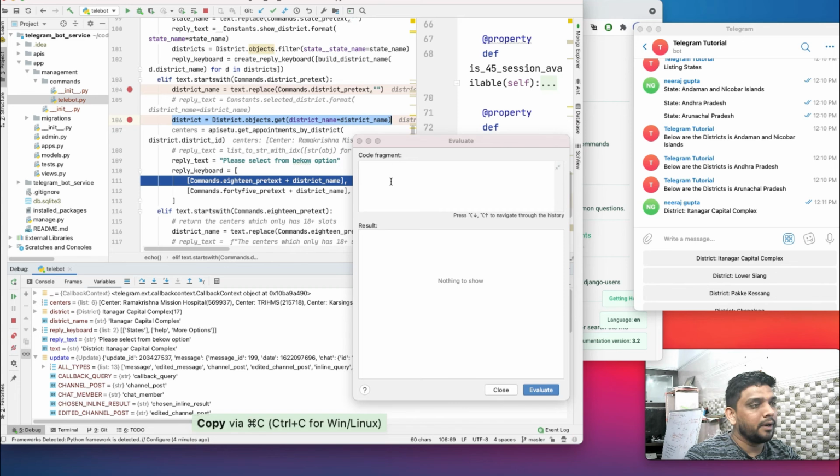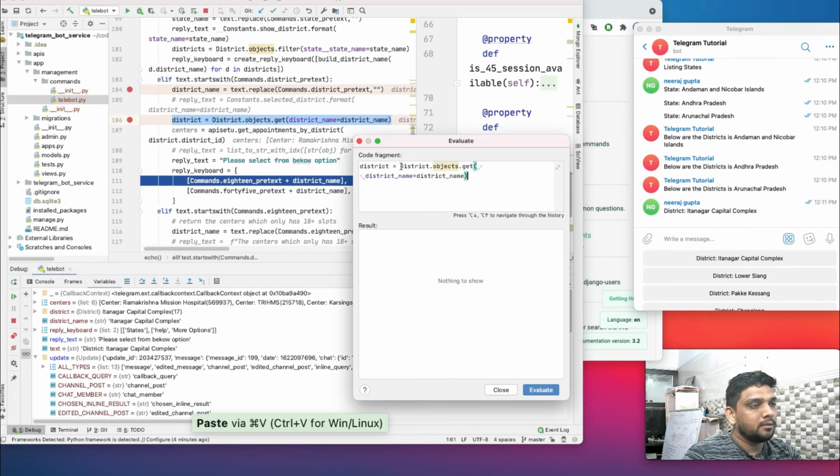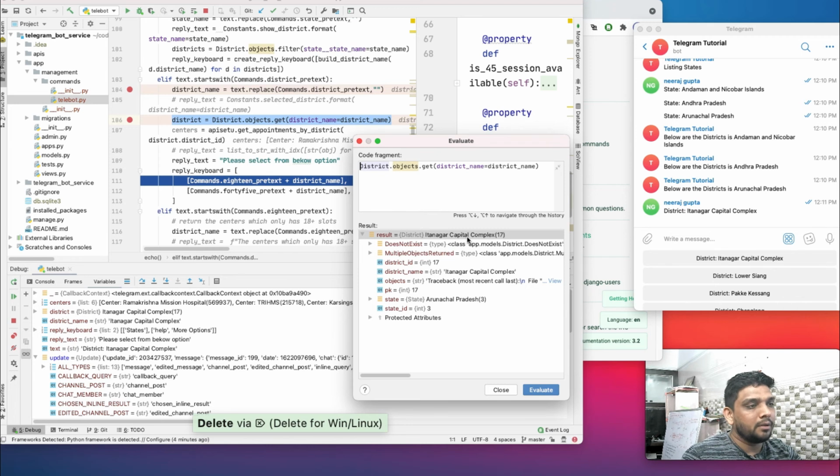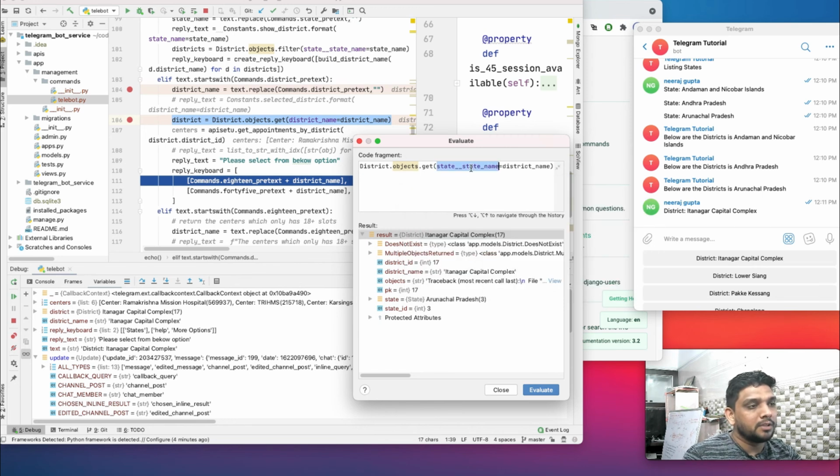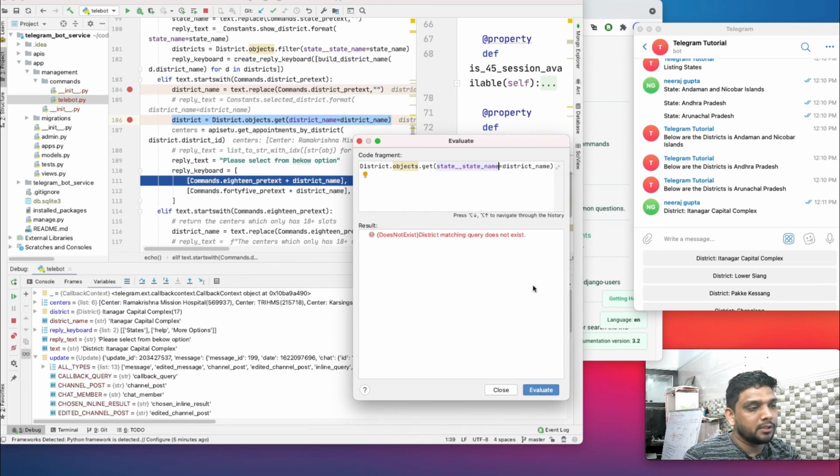Say I am selecting a district, I can evaluate that it is returning me a district. And if I want to check, for debugging purposes, whether there is any state name available with this particular district, it says it does not exist. So this really provides real-time debugging, and it saves a lot of time.